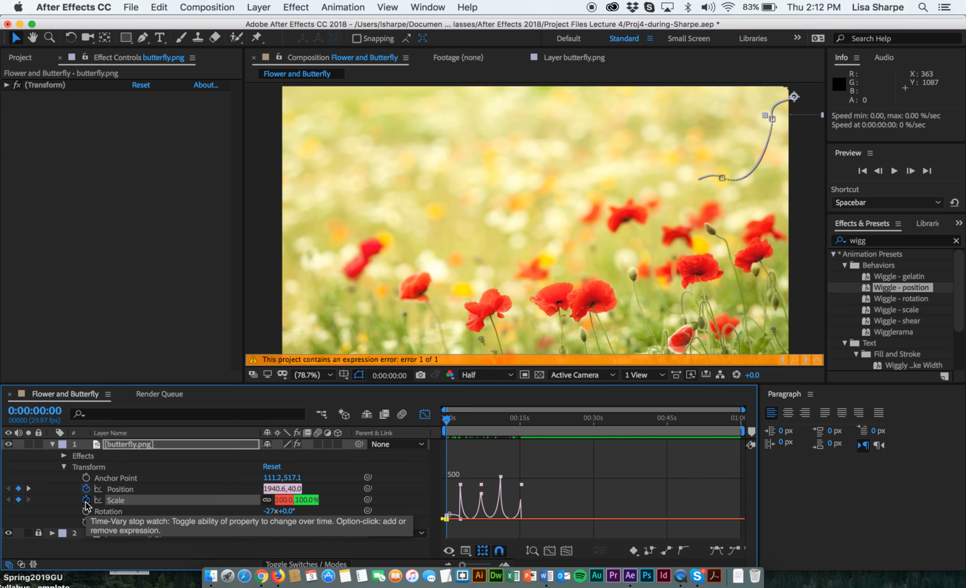Okay, so now let's start scale. Notice I get red here and red here and green here. Right now my butterfly is at a set scale, which I can unlock. And if I want to change the butterfly's scale over time, that would make it appear as if it's moving backward and forward in space. Okay, so let's do that. So I'm going to unlock,